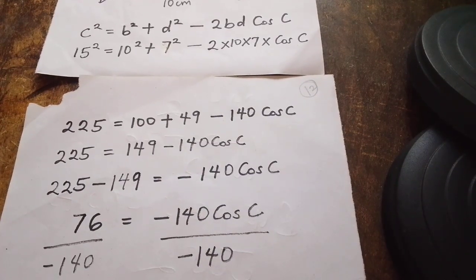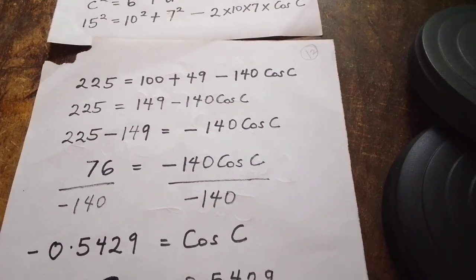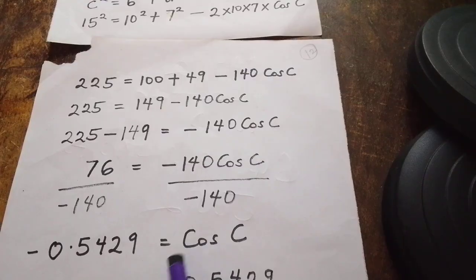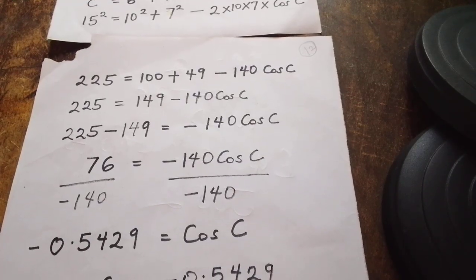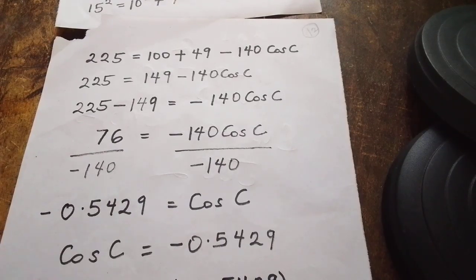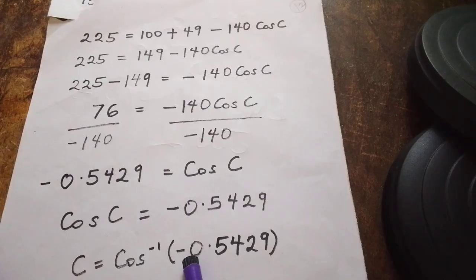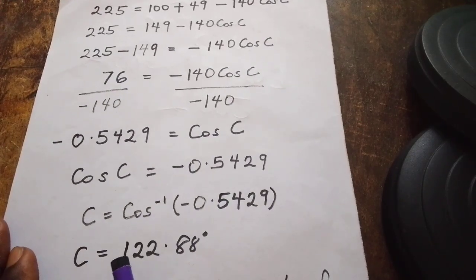So 76 divided by minus 140 gives us minus 0.5429, which is equal to cos c. So to get c, you look for the arc cos of minus 0.5429. When you press your calculator, the arc cos of minus 0.5429 will give us